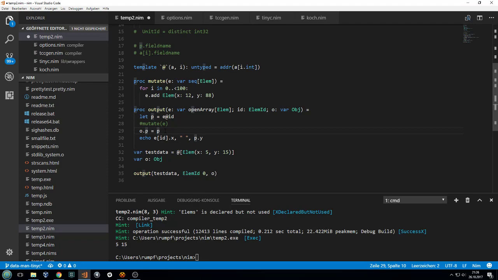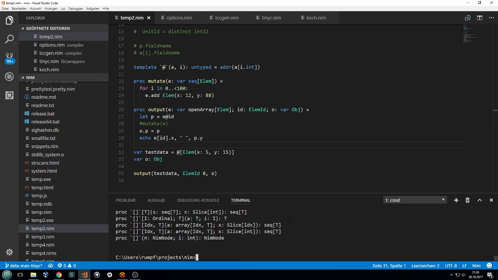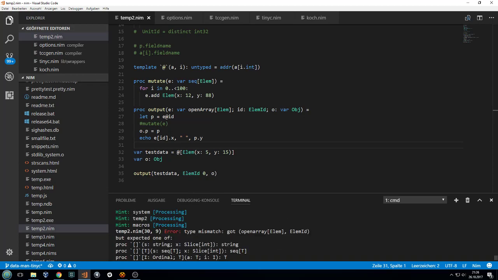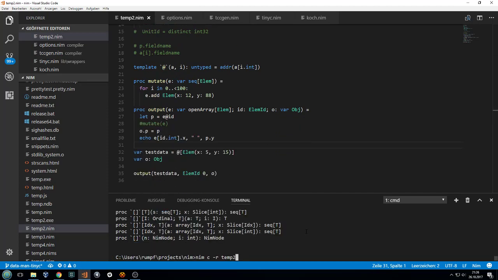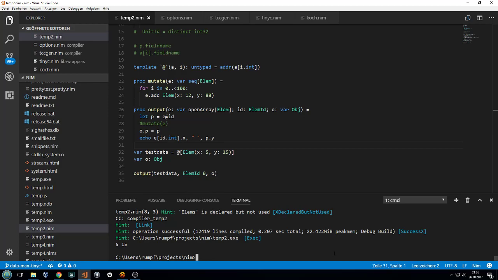For instance, I could let it escape into some other data structure here, and I think this, no, what, oh yeah, because it's a distinct type, so I need to convert it to an integer first, because it's a distinct index. Okay, so